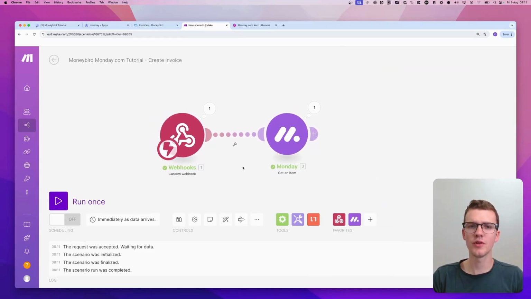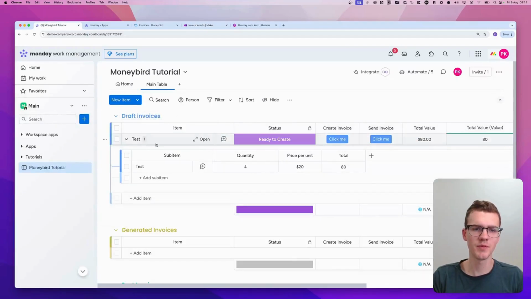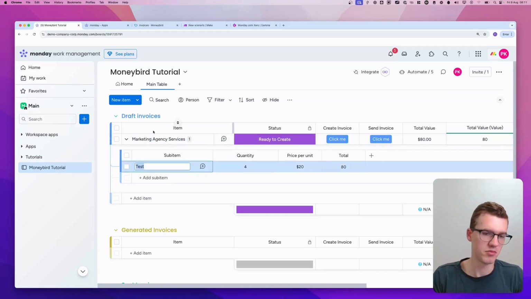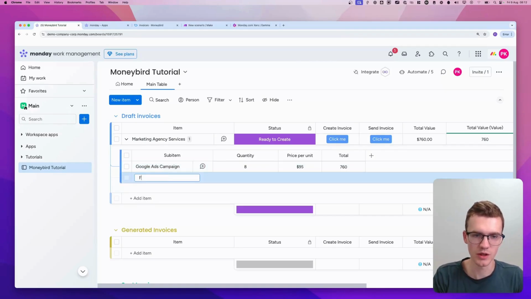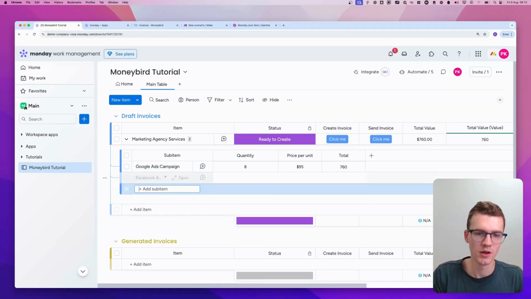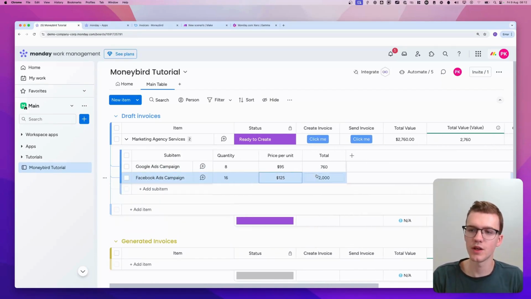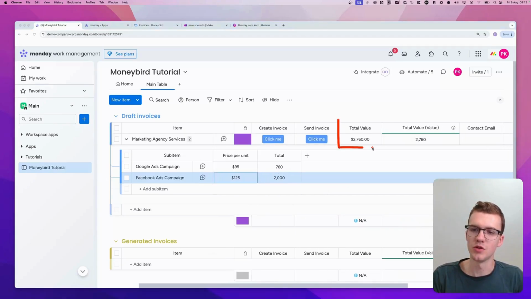So now that we have the information, we can fill in some test data. So let's call this marketing agency services. And let's say we do a Google Ads campaign and we do 8 hours of $95 an hour, and we do a Facebook ads campaign where we do, let's say, 16 hours of 125 per hour. And then as you can see here, the total value is